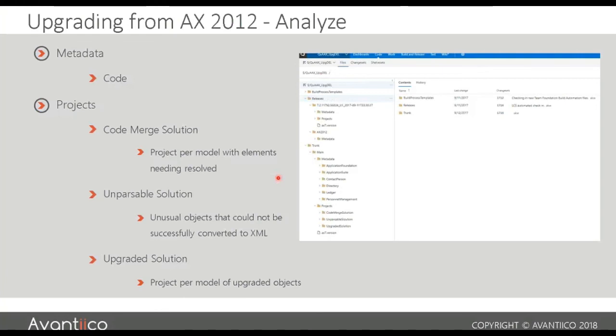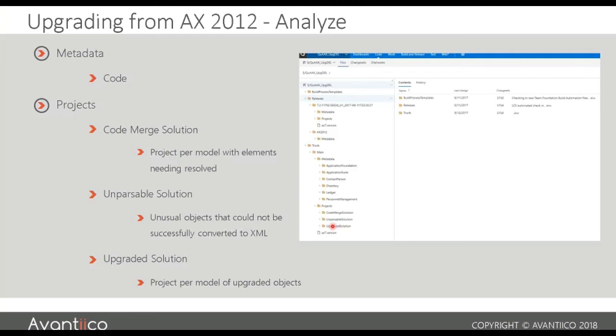only an estimate. Again, Microsoft are asking people to move from a customization overlaying model to an extension model, so there could be significant work in migrating that. You also may decide to change or remove ISV solutions, and there could be a significant amount of work involved in that. But at a high level, it's going to give you some projects and some high-level reporting. And you'll see here, it can also actually upgrade that code for you.